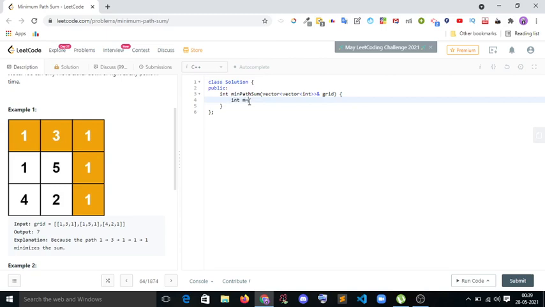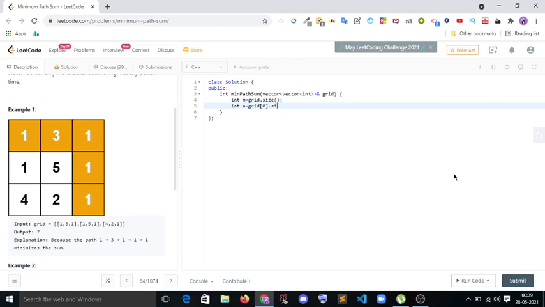So int m is equal to grid dot size, int n is equal to grid 0 dot size. All the three questions are very similar.